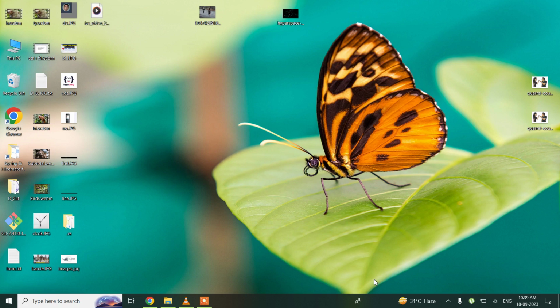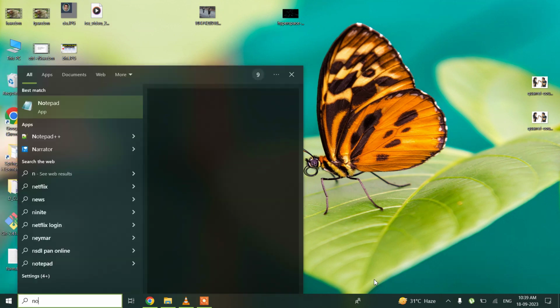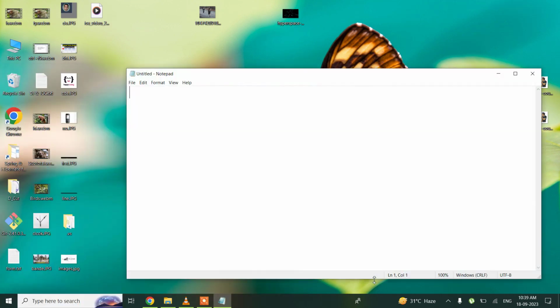Hello all. Today I will be showing you a Word feature in which I will be merging two or more Word documents into one Word document. So for this, let me open up Notepad and let me write about the task which I am going to